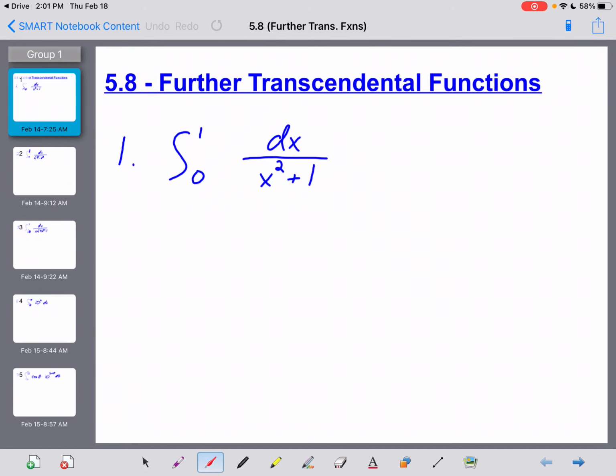All right, everybody. Section 5.8 is our last section here in Chapter 5, which has been a pretty long chapter. And this, I'll be honest with you, is kind of a weird and random and kind of annoying section, because we're going to go through 5 problems, I think, here today. And in each one, you guys are going to look at them and you're going to go, I don't know